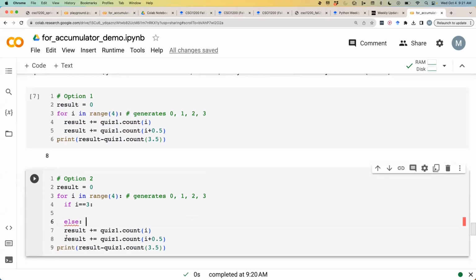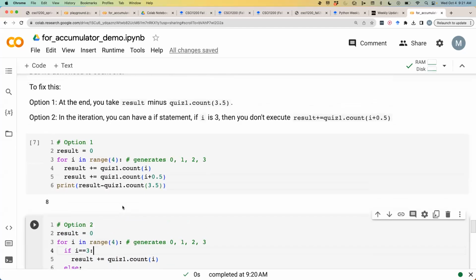So if I is equal to 3, then I only add count1.count, I don't execute I plus 0.5. Now, there are many ways to write this, but this is just examples. I didn't say that these are all perfect codes, these are all optimized codes, but these are some of the ways that I want you to start training yourself to think in this direction,